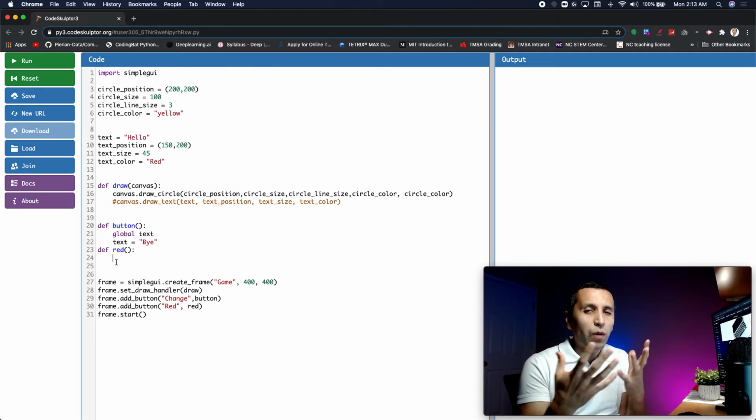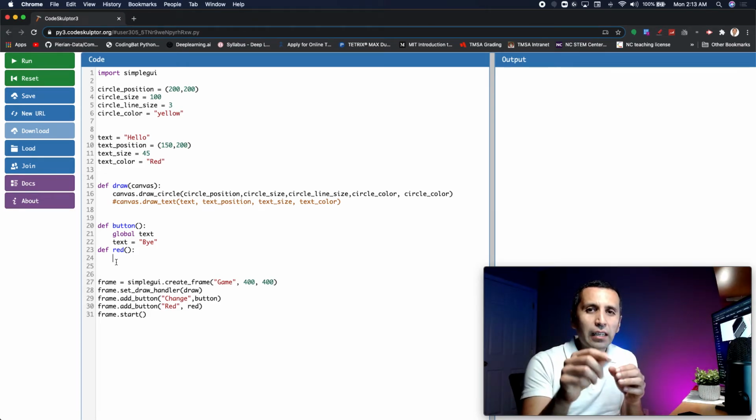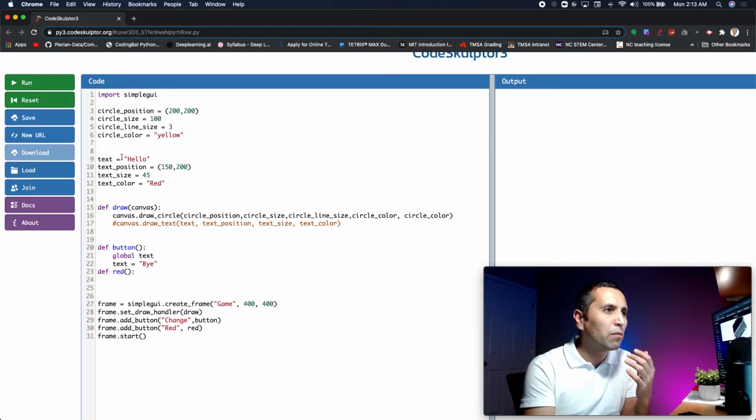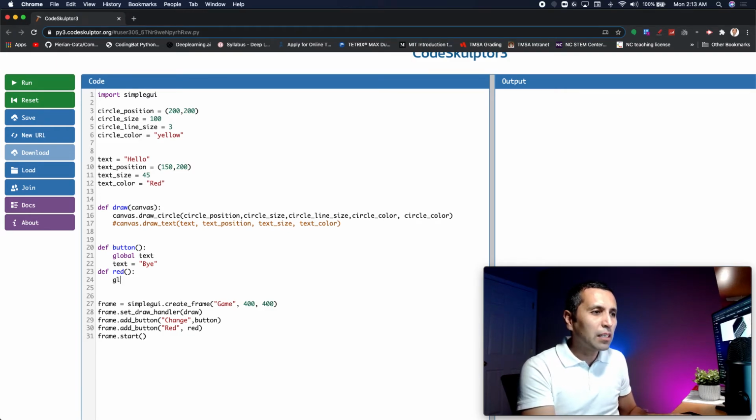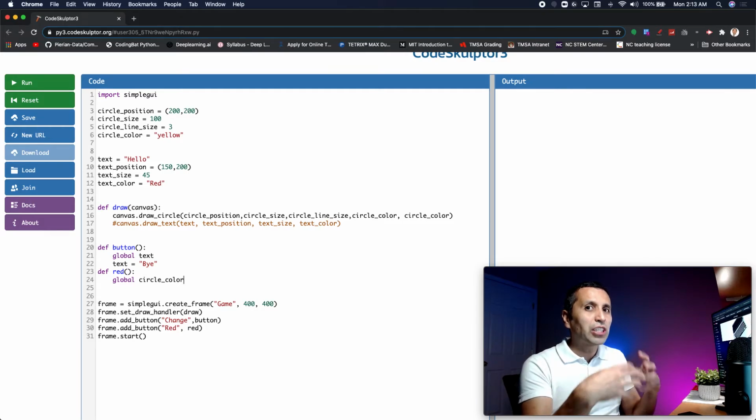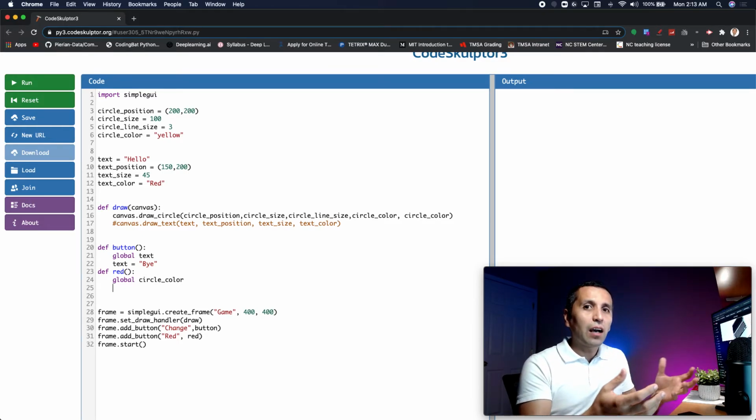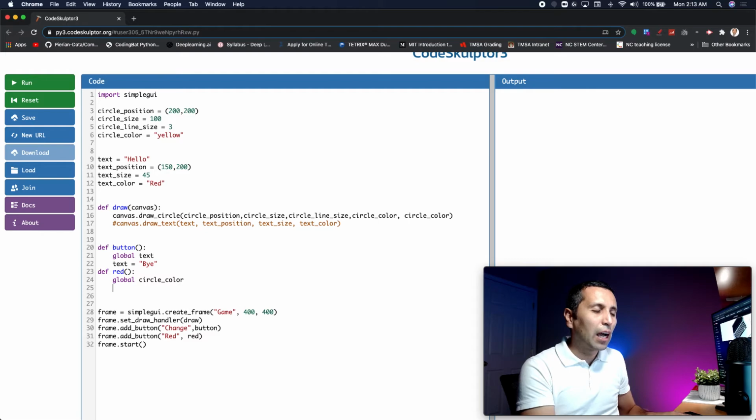So what do I want to change? Whenever I click, what is going to be changed? I need to go a little here, and I will say the circle color. You see, the circle color should be changed. I will say global circle color. I want to make changes to the circle color, and change it to what? I will say the circle color is not yellow anymore, it is red. Okay, and let me add another one. I will say frame add